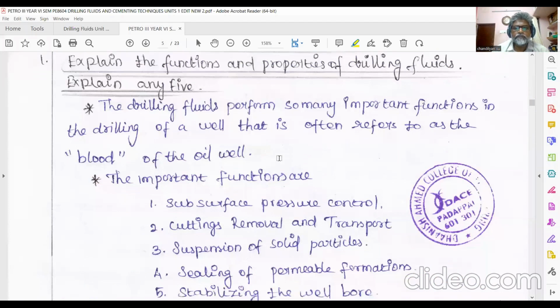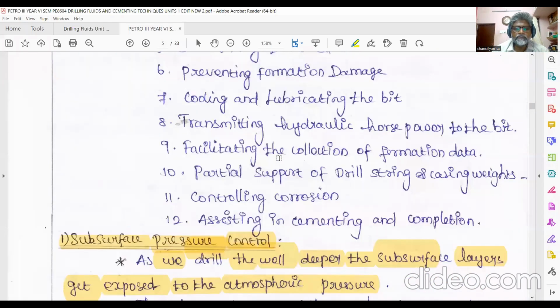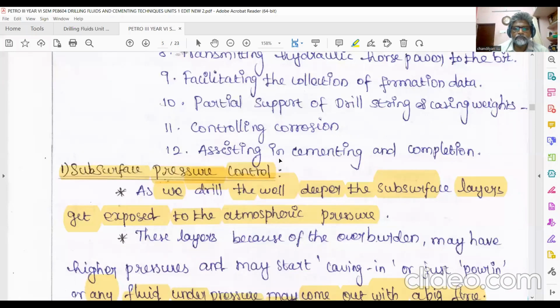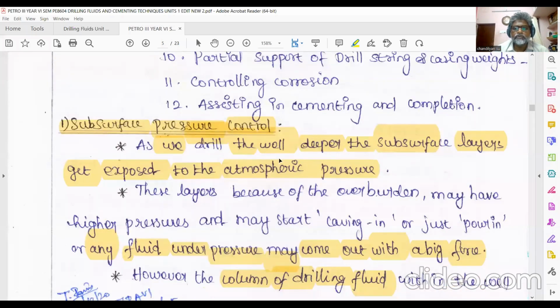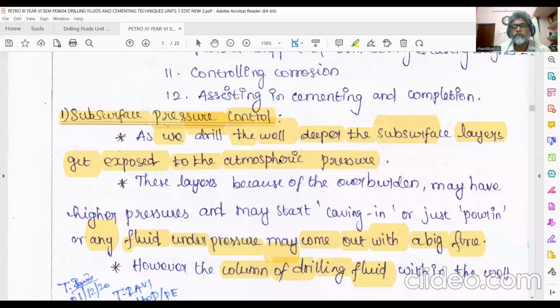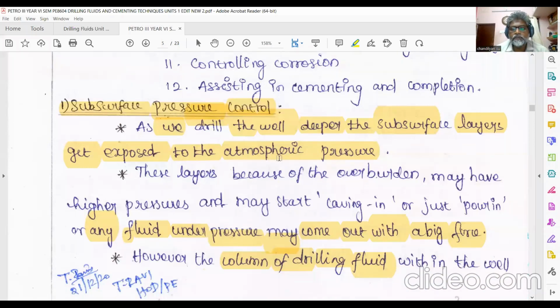Explain the functions and properties of drilling fluids. We started here, subsurface pressure control. We talked about kick. Kick is the influx of any well fluids, oil, gas, and water at high pressures. It will come out with big force, and chances are the surface above will cave in or